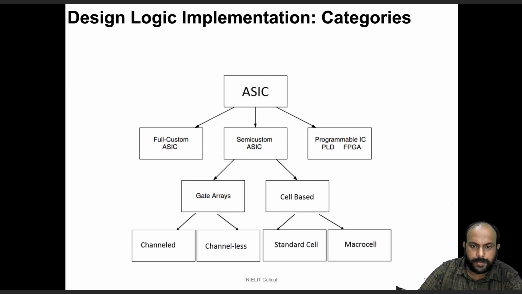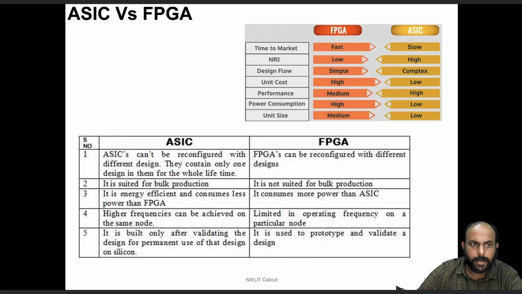Now, so far we have seen the ASIC design flow and the difference between full custom and semi-custom ASICs, including the subcategories of gate arrays and cell-based structures of semi-custom ASIC. Now, once we look at the third category of ASIC, which are basically programmable ICs, there are many subclasses in that. One is called programmable logic devices. There are multiple categories like simple programmable logic devices or SPLDs. There are complex programmable logic devices or CPLDs, and also there are slightly more complex programmable ICs called field programmable gate arrays or FPGAs.